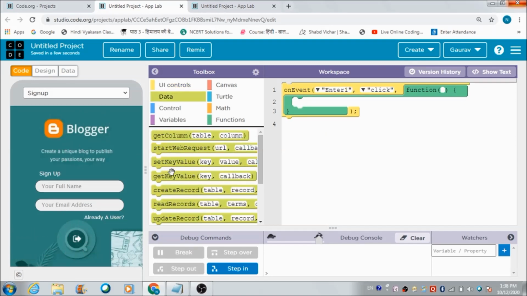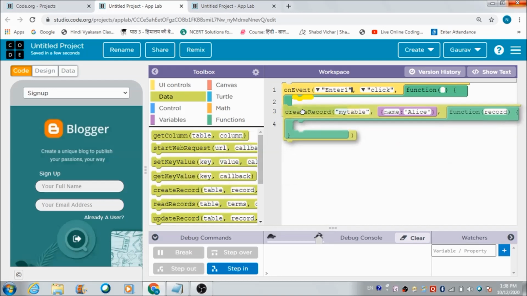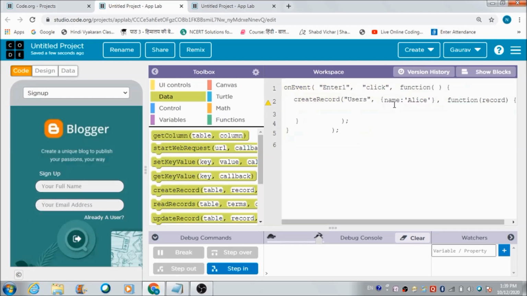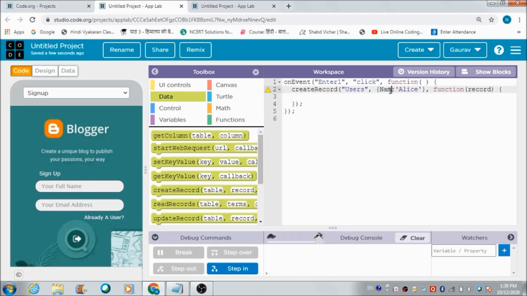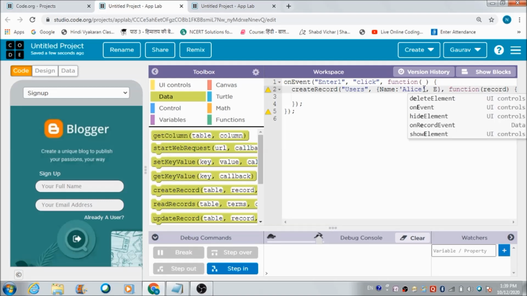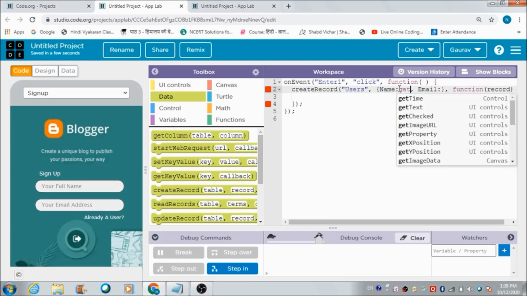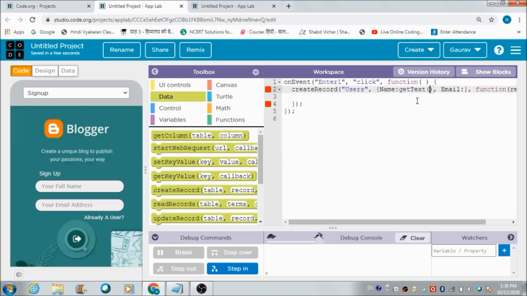What I want is, I would like a table to get created on the data browser of this app, in which I would like the user's name, which he's going to mention here, and his email address to get stored. So for the same, I need to mention the name like this, and then I need to define another column for storing the email ID of the user, and from where I'm going to get the email address and name. I can get it from these two components over here, name1.